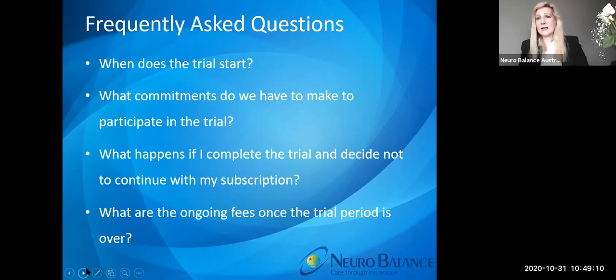It will be unrecoverable. The ongoing fees, at the moment, it's $33 a month. However, as a thank you to you for participating in the 4-month trial, we give you, for 12 months, the fee will be $23, so it's a 30% discount. And basically what you're doing is you're getting, for this cost of, I think it was about $276, you're basically getting 16 months worth of our NeuroAssess technology.